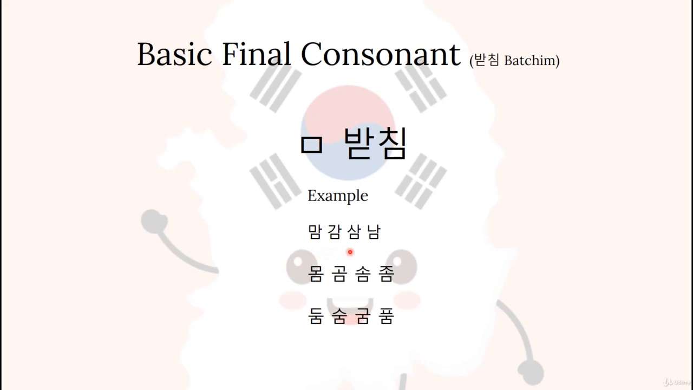sam. Let me repeat one more time. Mom, kam, sam. This is nam. Mom, mom. Also, it means in Korean body, my body. 내 몸, 몸. 곰, 곰 actually means bear. 내 곰, my bear. Okay, that's kind of weird. 곰,